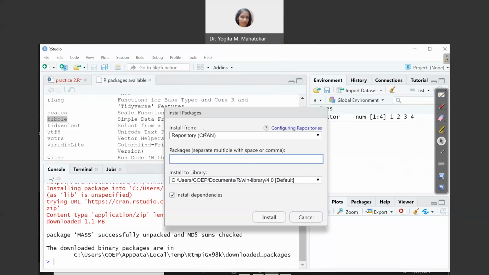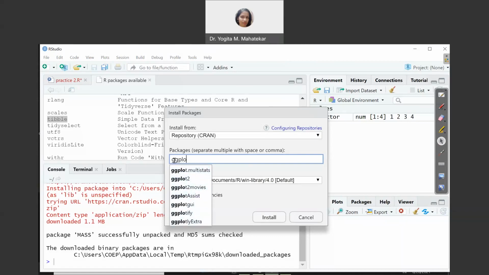Now a window like this will appear when you click on the Install Packages button. Inside this blank field where the cursor is blinking, I will enter another package, say ggplot2. There are various packages whose names start with ggplo.